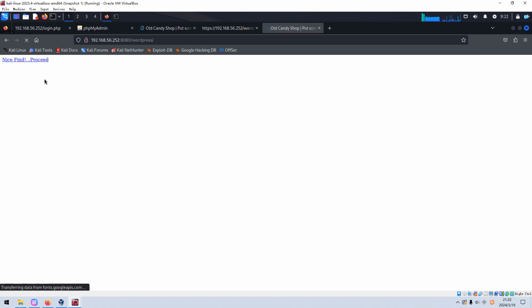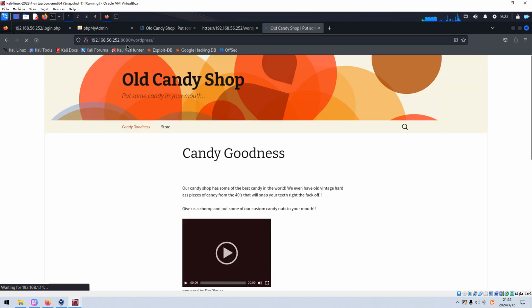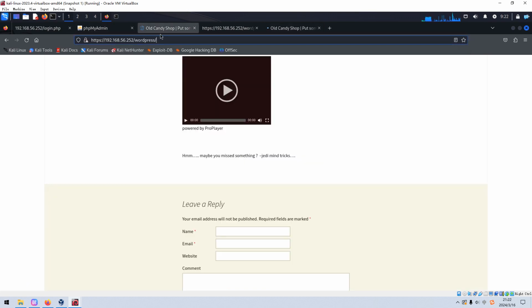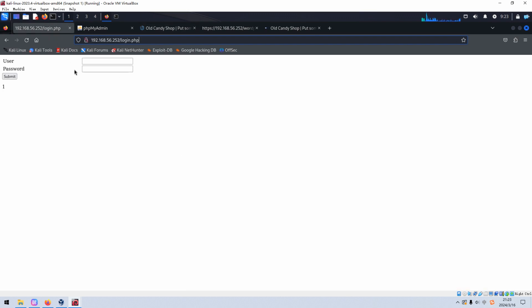So I think from the content we can tell that maybe this port number and the HTTPS are running the same application. All right. So I think we can keep this in mind as we go ahead. Okay. Before we try to make specific enumeration with WPScan, I'd like to test whether this page has